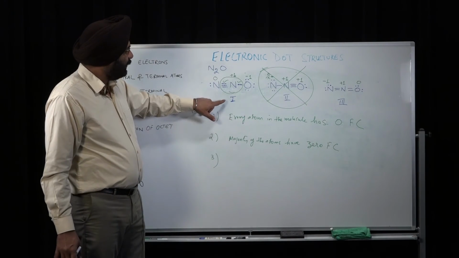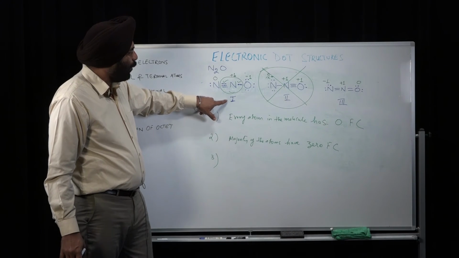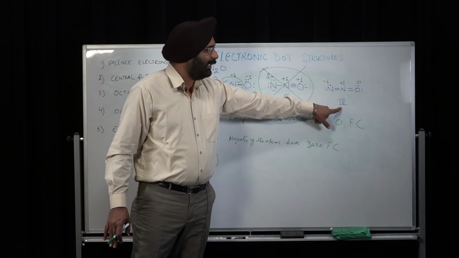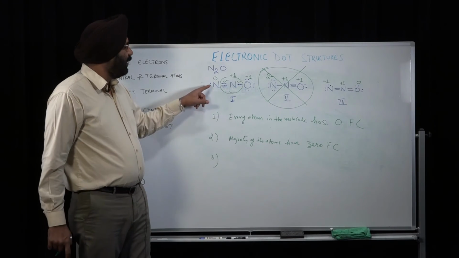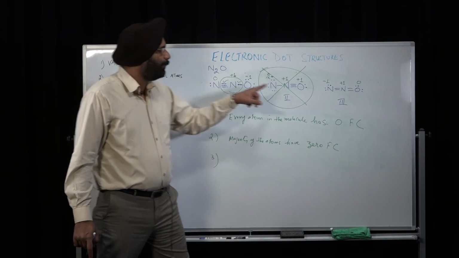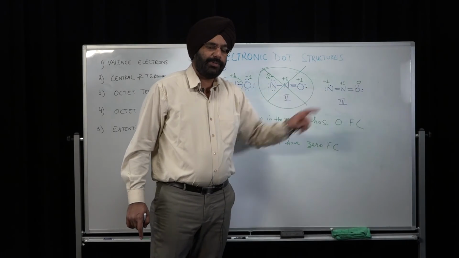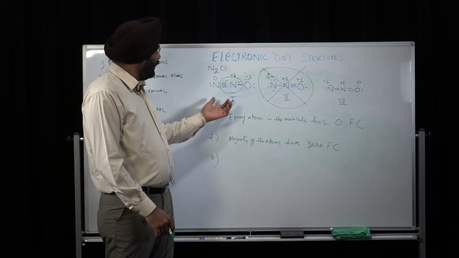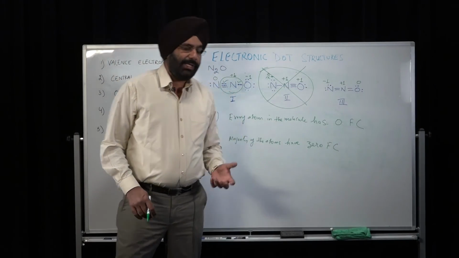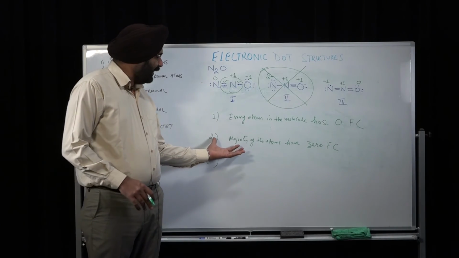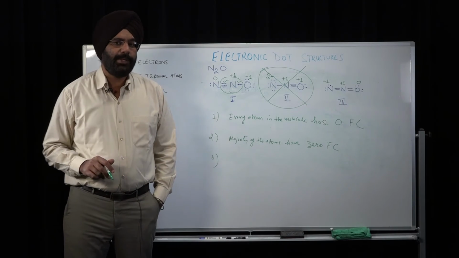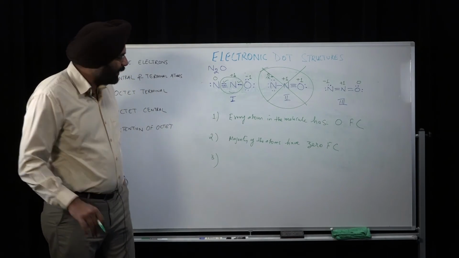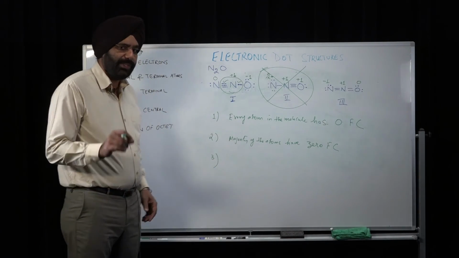But when I look into structure 1 and structure 3, then I definitely have at least one atom which has a 0 formal charge. So that means structure 1 and 3, keeping the second rule in mind, are equally probable, but only one can be the possible structure. So for that, I'm going to look into the third rule, which says that